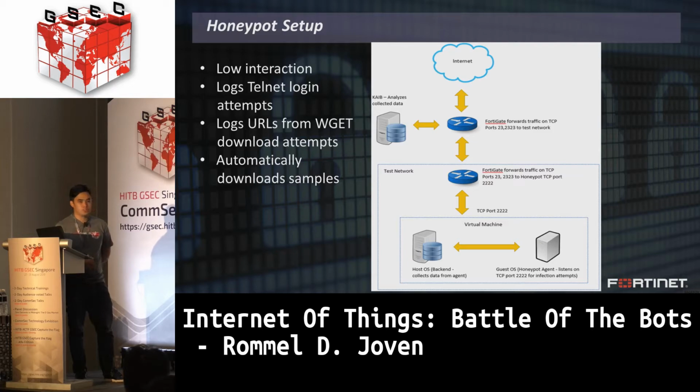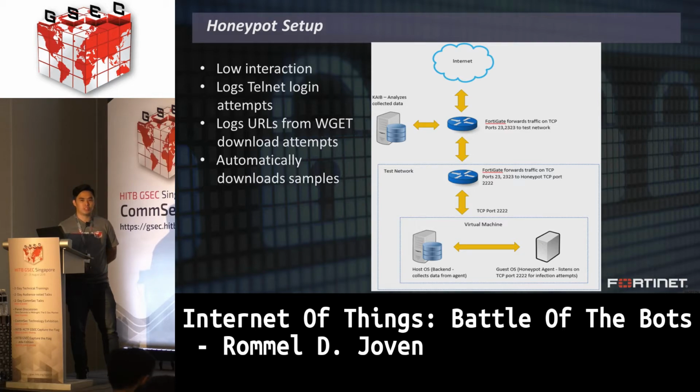So, just an overview of our honeypot. We use a low interaction honeypot. We have our product here: we use FortiGate, which is the one facing the internet. Every traffic that goes into port 23 and 2323 will be routed to our test network. Once it's inside the test network, our FortiGate again, or any router, will direct the traffic to